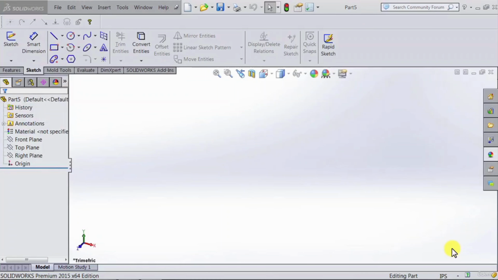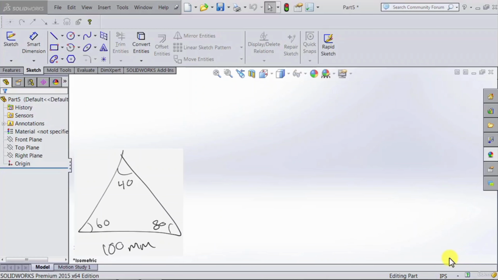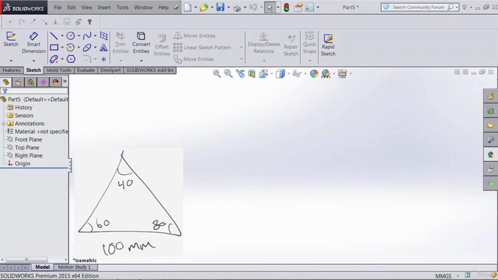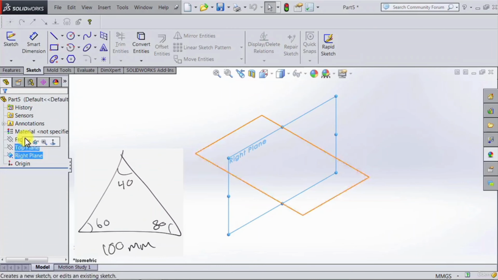In the previous lecture, we used distances to define our sketches. In this lecture, we will be adding angles as well. To do that, let's go ahead and draw the shown triangle. First, we're going to change the measurement into millimeters, and then we're going to select the plane, say the right